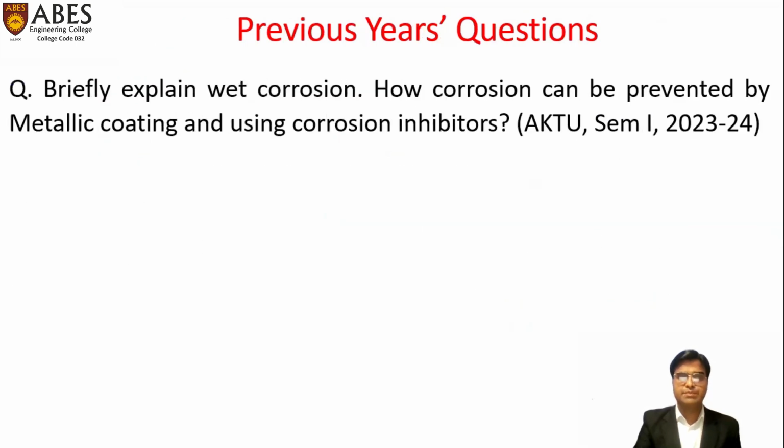The next question is, briefly explain wet corrosion. This part we have discussed in previous sessions when we discussed the mechanism, how corrosion can be prevented by metallic coating and using corrosion inhibitors. So corrosion inhibitors we have just discussed in the previous questions, we have answered it. Regarding metallic coating,